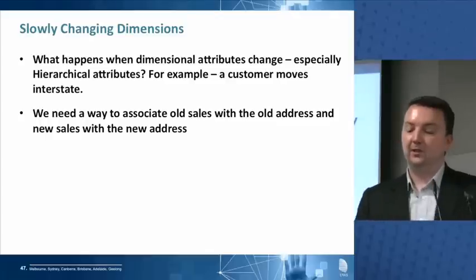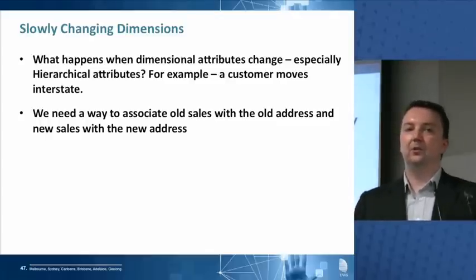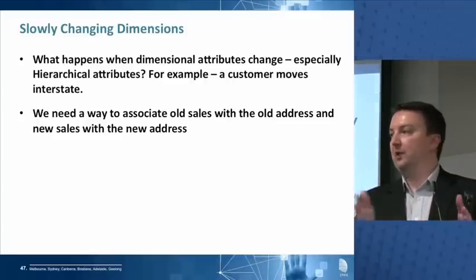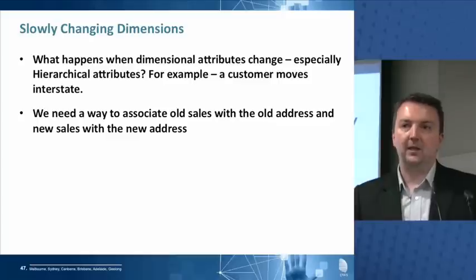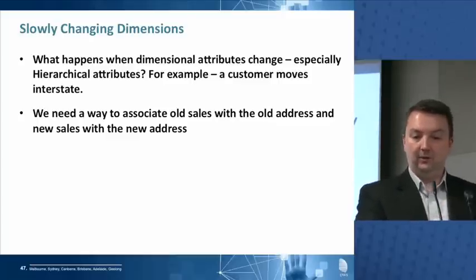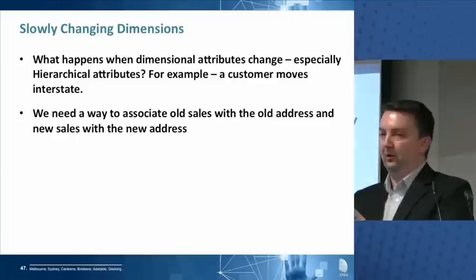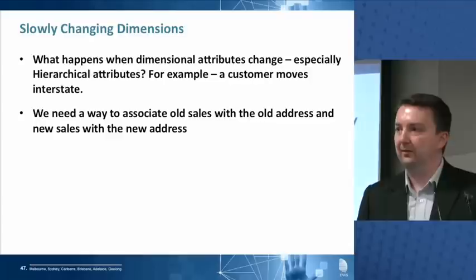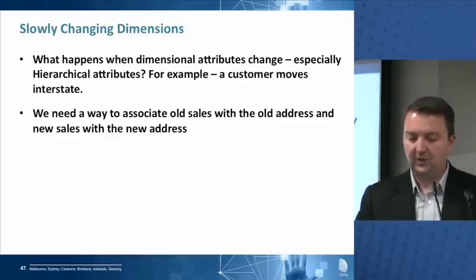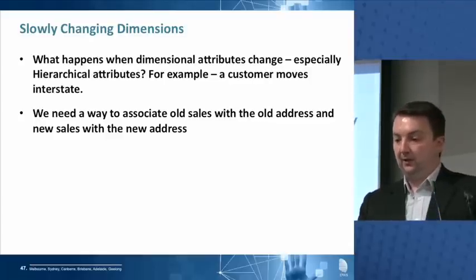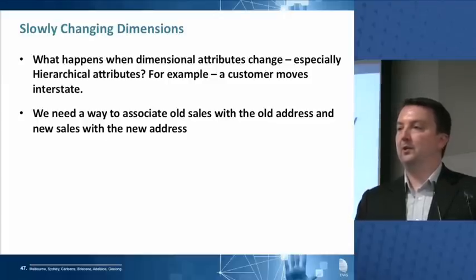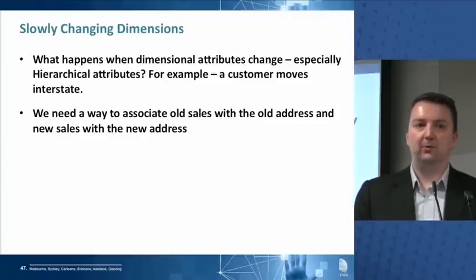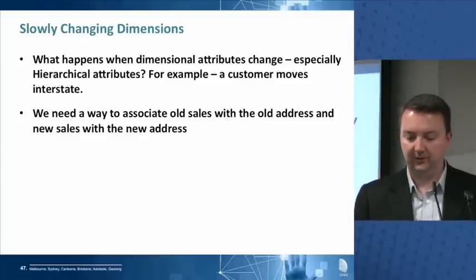It might affect the decisions that we're trying to make. We might be trying to trend the sales in a particular range of products over time by region. And if all of the historic data that was sales in Victoria has suddenly all moved to Queensland, we'll get false data in our queries. So we need new sales for this customer reporting as coming from a customer living in Queensland. We need old sales for that customer reported as sales to a customer living in Victoria.